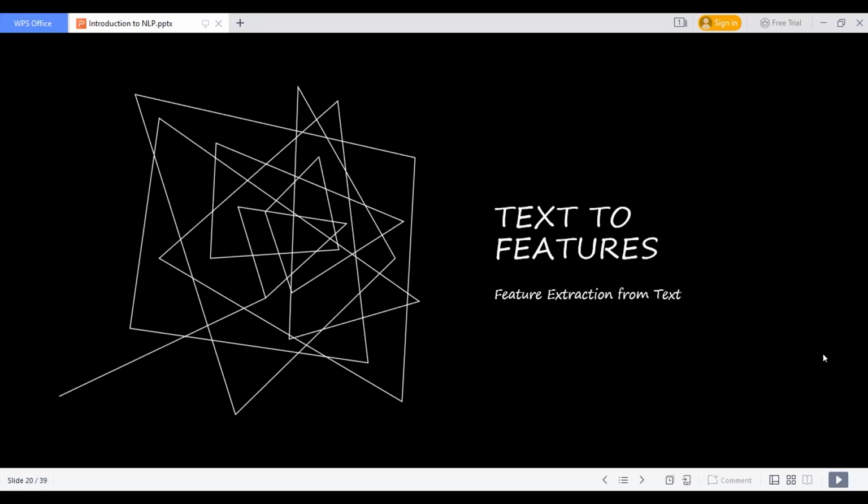Sometimes we extract the features, and in some cases it is also required to create features, or generate some new features from the data and features we have. So let's discuss the feature extraction techniques.